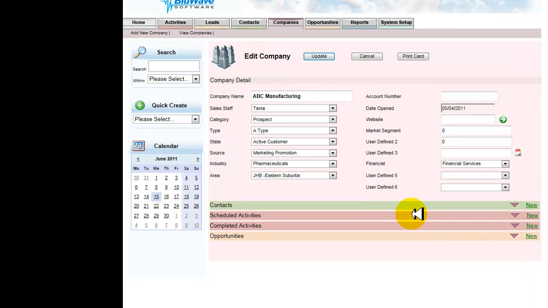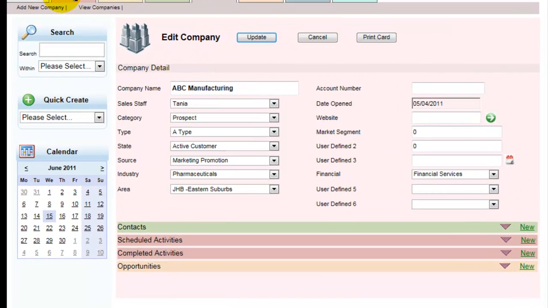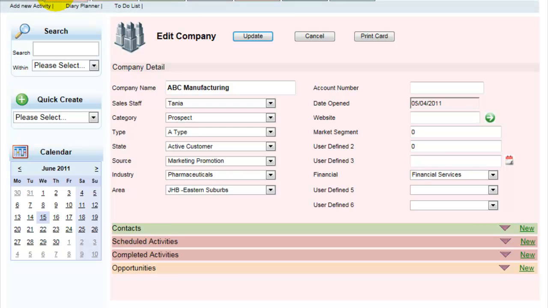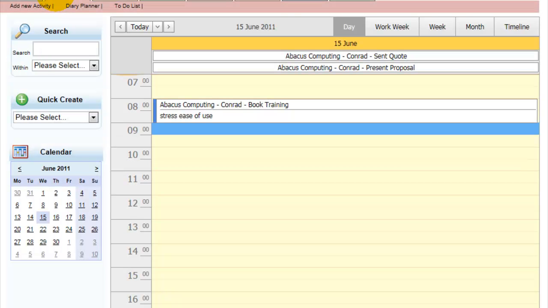We are now going to take a tour through the activity management function of BluWave CRM. This is accessed from the Activities tab. If I click on the Activities tab, the default view is your diary for today. You can select a specific date to view, such as the 8th of June,